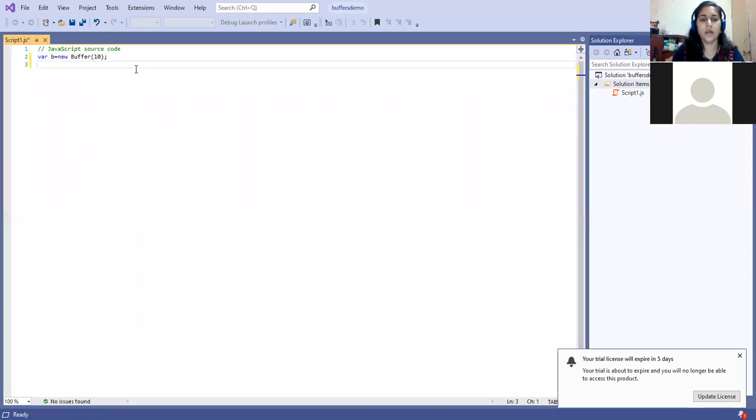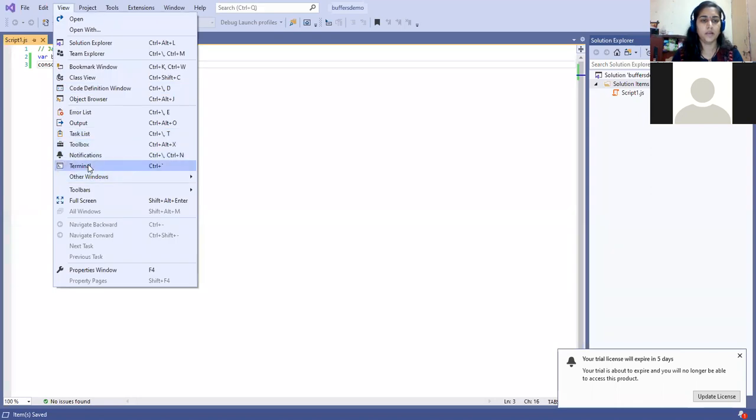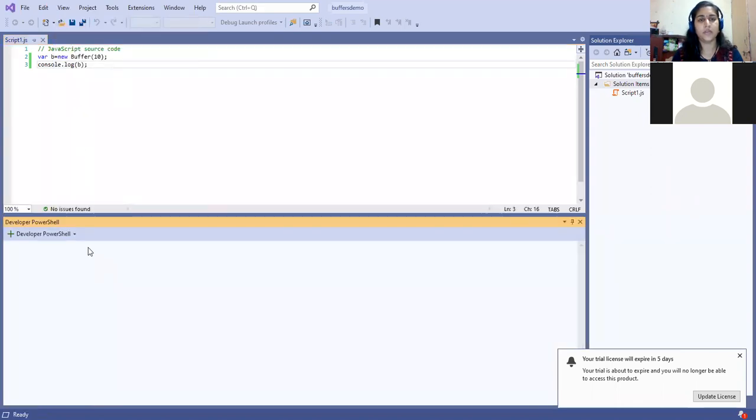Now I have to display the buffer. So I'll display the blank buffer: console.log, in brackets, b. I'm saving it. I'll open the terminal and we'll see what the buffer gives as a result.